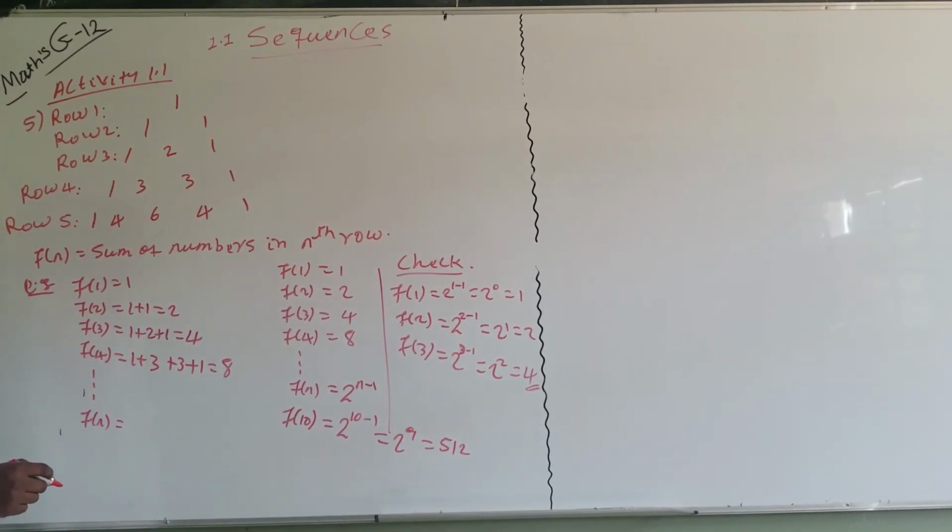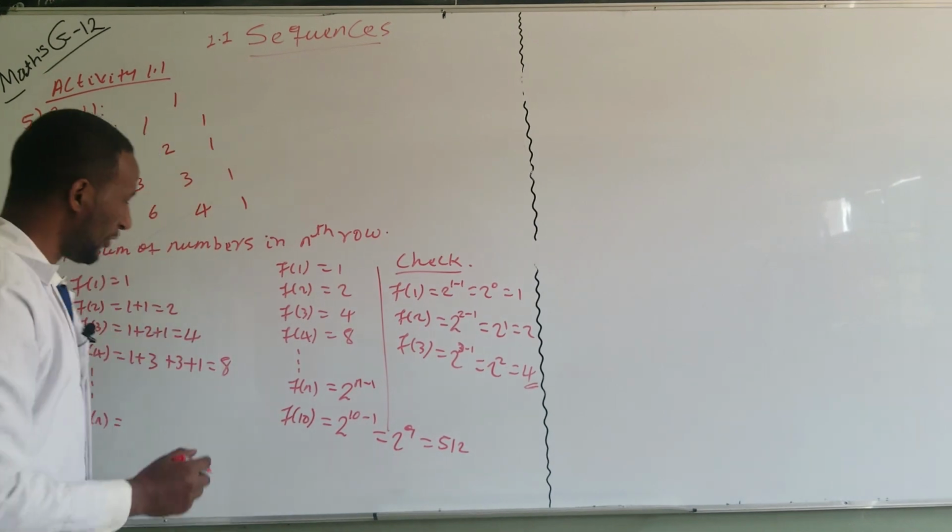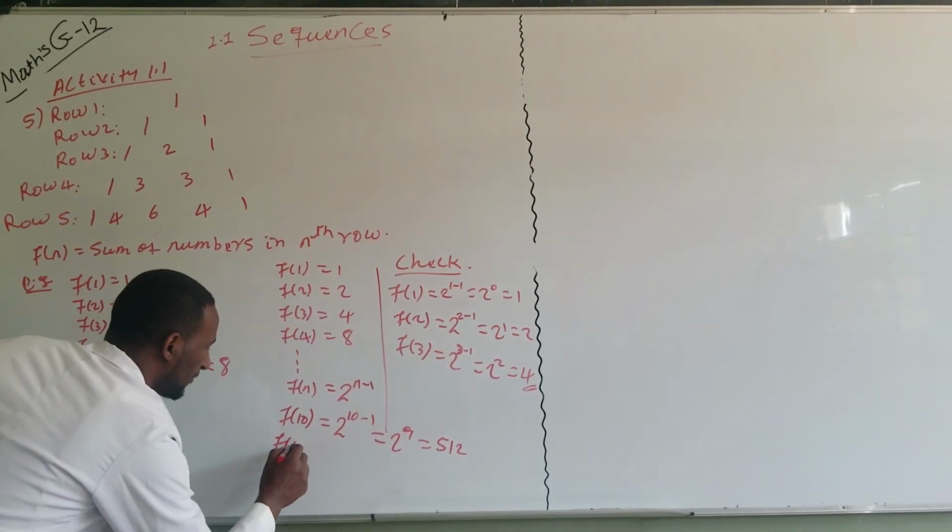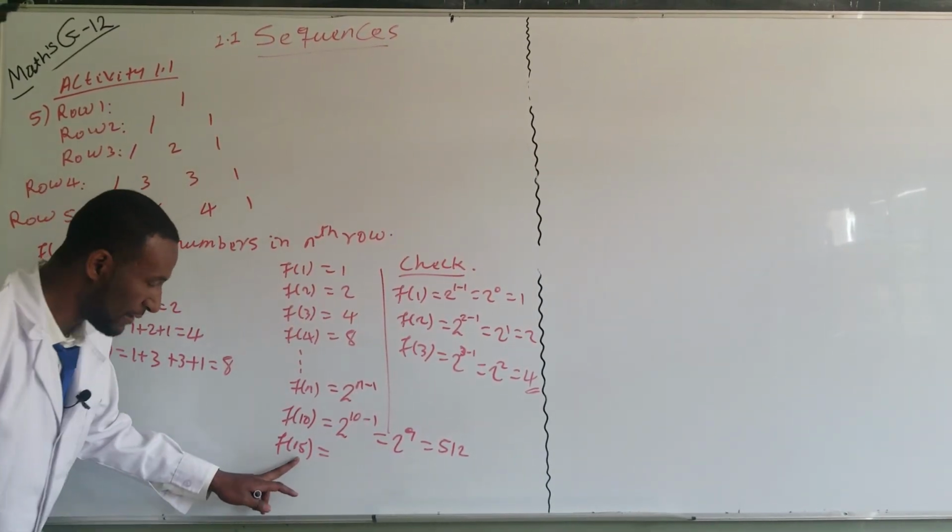Next it asks for f of 15, the sum of numbers in